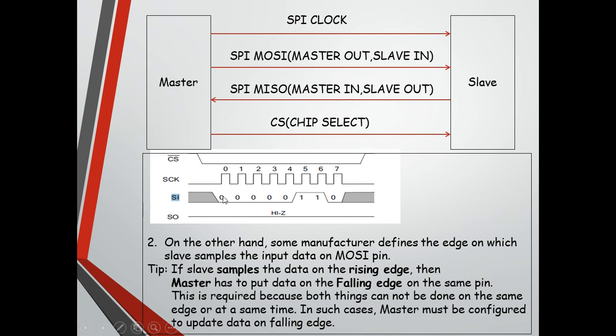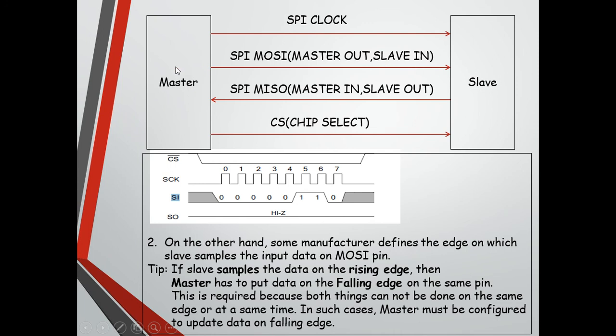Now suppose the slave also samples the data on the falling edge, then there are 90% chances that the slave samples the wrong data, because at that time the data may be in transition from 1 to 0, the data may be at any stage between these values. So more chances are there that we can get false data when the master is putting the data on the falling edge, and the slave samples the data on the same edge.